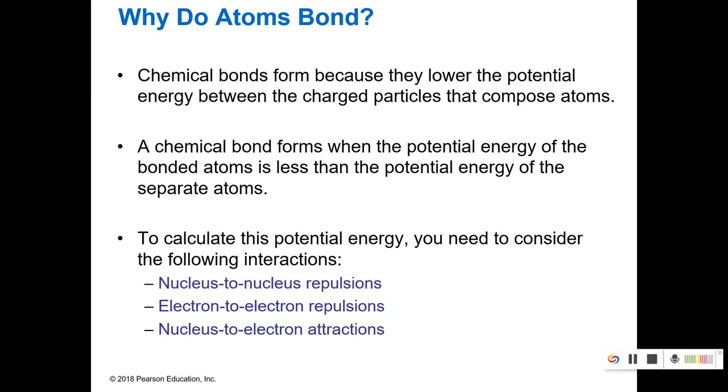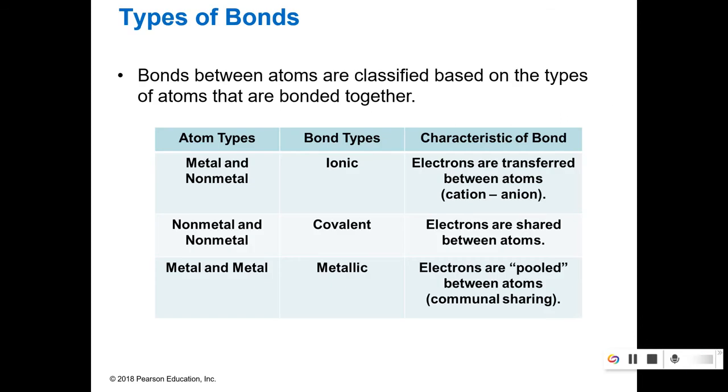So, why do atoms bond? It has to do with them wanting to be in a more stable configuration, but we do have to keep in mind those nucleus-nucleus repulsions, the electron-electron repulsions, and then those nucleus-to-electron attractions. So remember, we've got 3 types of bonds: an ionic, a covalent, and a metallic. Remember, for ionic, we're looking at metal and nonmetal,